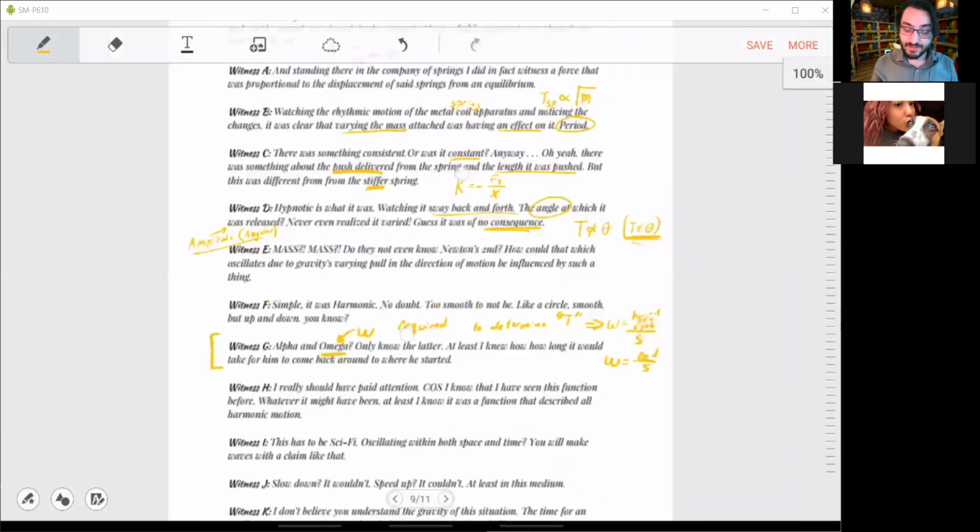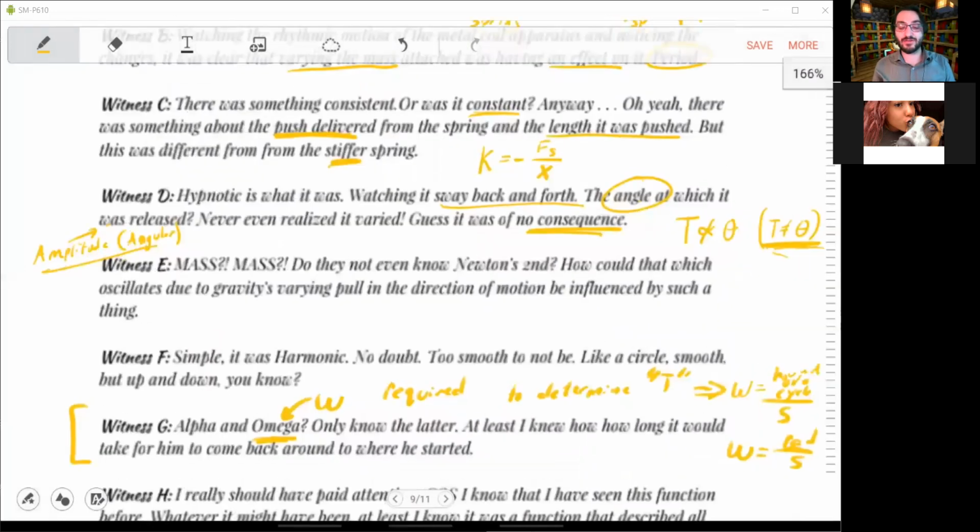Witness E. Mass? Do they not even know Newton's second law? How could that which oscillates due to gravity's varying pull in the direction of motion be influenced by such a thing? So once again, oscillates due to gravity, that's a pendulum. Mass has no effect, right? How could it be influenced by such a thing? Mass has no effect